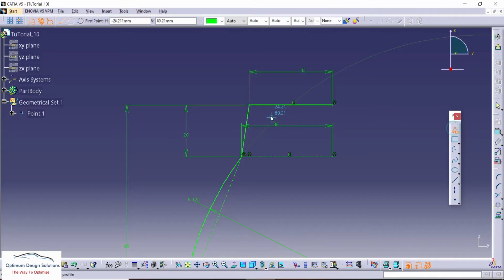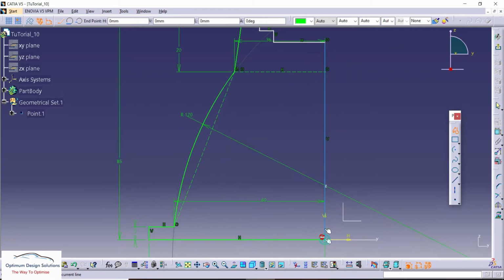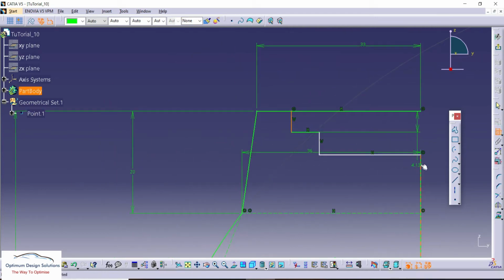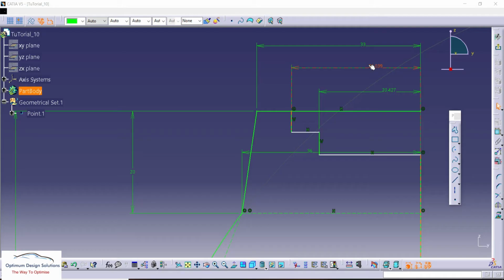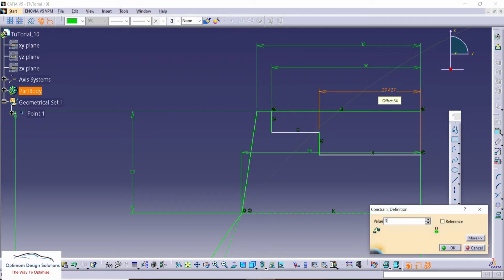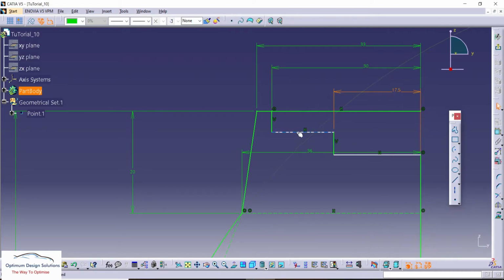Now the inside section we have to draw. Let's draw the basic one firstly, and after that we'll give all the dimensions, and this gets closed. 60 divided by 2, 30 mm, and this 35 divided by 2.